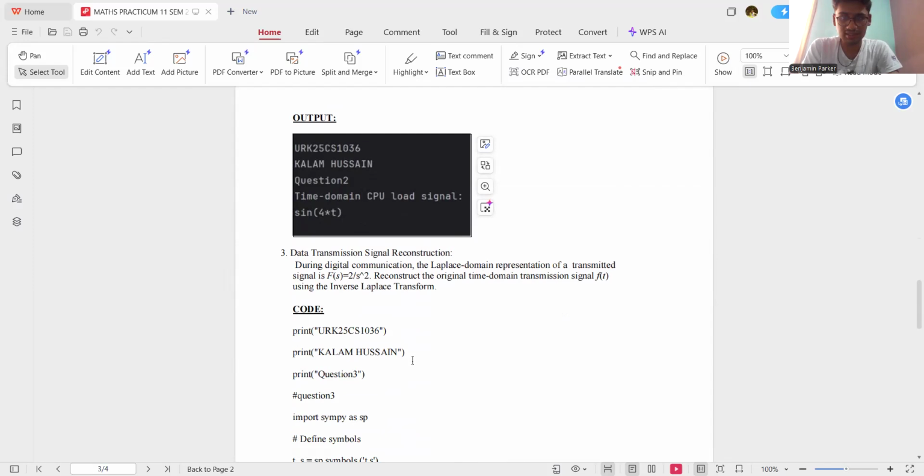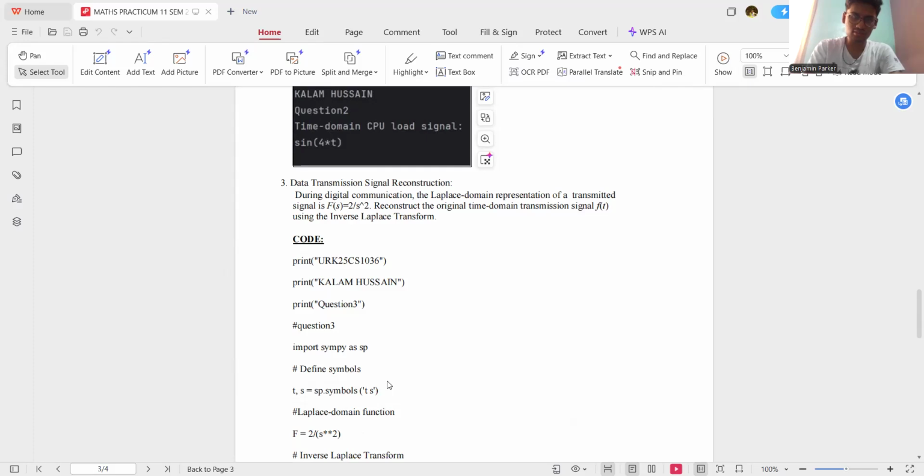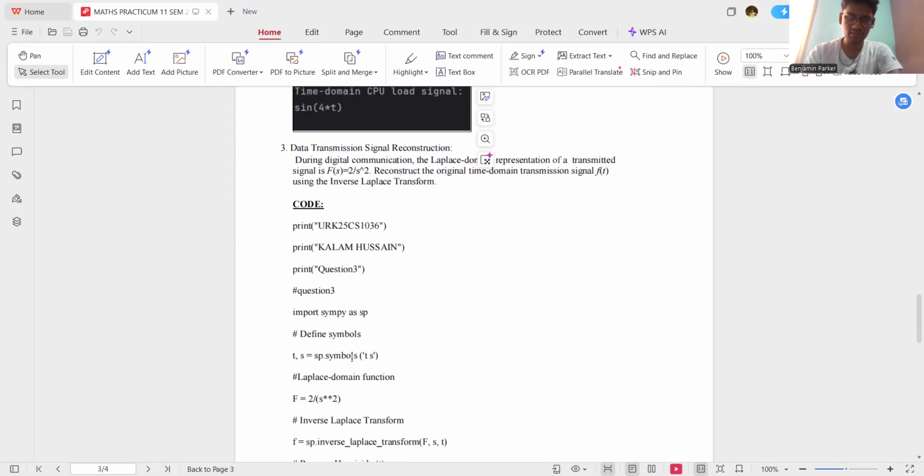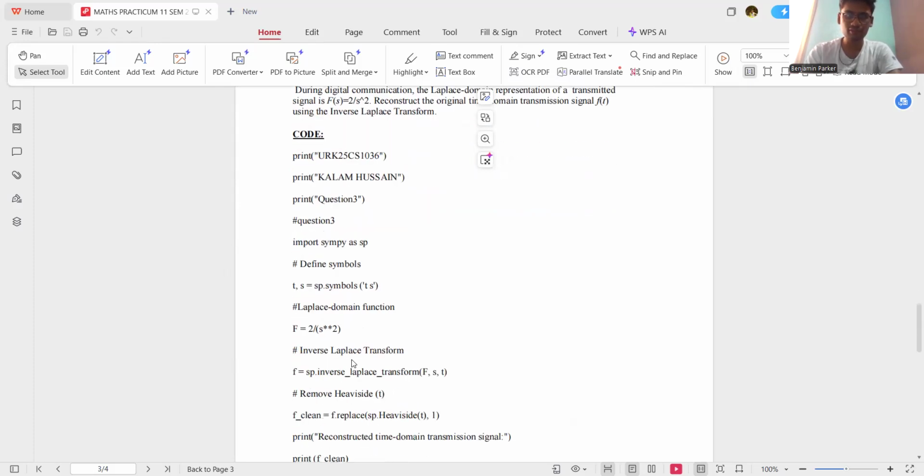During digital communication, a Laplace domain representation of a transmitted signal is F(s) = 2/s^2. Reconstruct the original time domain transmission signal f(t) using the inverse Laplace transform. Now diving into the code, we are importing sympy as sp, and after that we are defining the symbols t and s equal to sp.symbols, and after that we are applying the